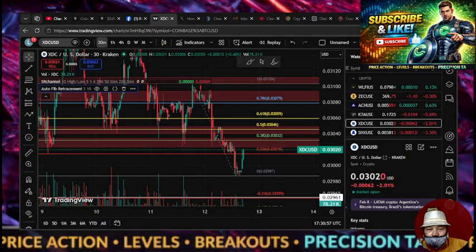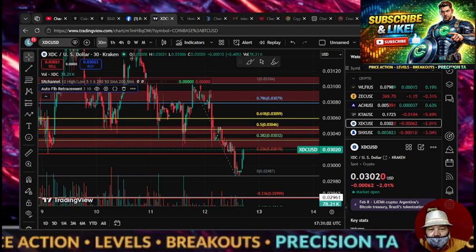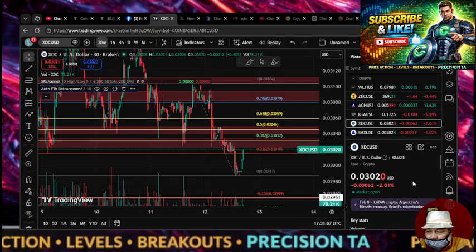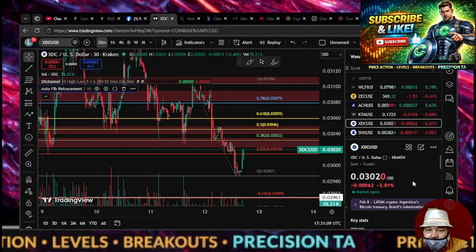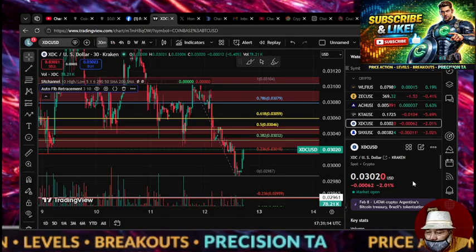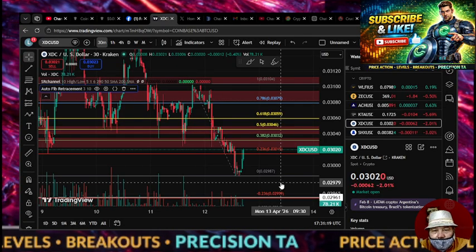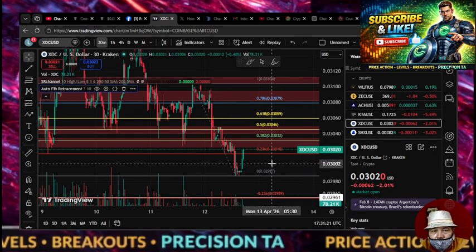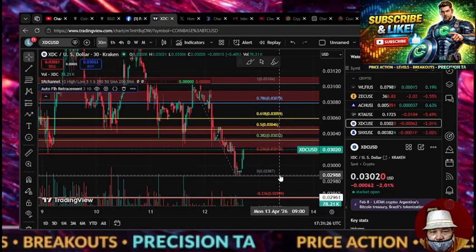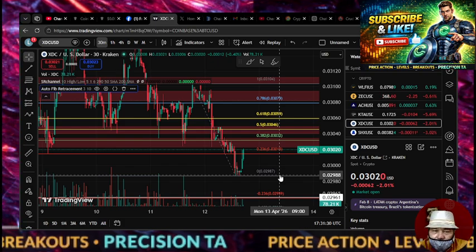Wonderful Sunday morning. Coming to you on the charts with XDC. We find that the price of XDC is sitting at 0.302, down 2% on the day. We're 17 hours and 31 minutes into the new day. We see that XDC came down to the bottom of the Fibonacci at the 0 and got a bounce and headed back up. Currently coming up on a level of resistance